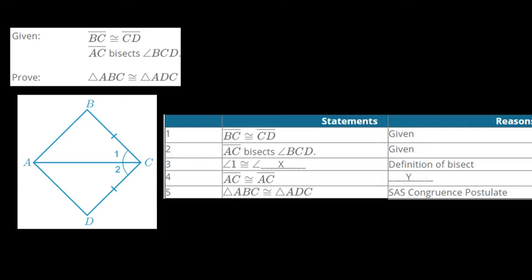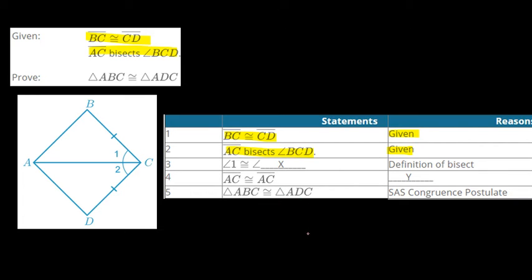So, as always, if we know our givens, that's the first thing we want to take note of. So we were given that line segment BC was congruent to CD, and so you see that's the first thing that appears in our statements. Same thing with the next given, line segment AC bisects angle BCD. And so that's our second given. So what can we make of this information that will allow us to prove that triangle ABC is congruent to